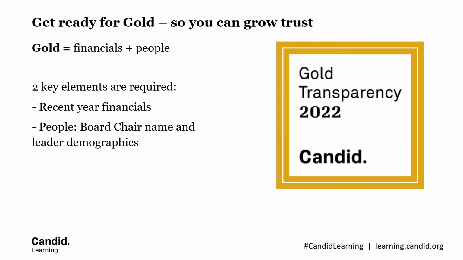So, people stuff. Information needed here for gold: Candid wants the names of your board members and senior staff. And gold is where you can also start sharing demographics of leadership, and demographic questions here pertain to race and ethnicity, gender identity, sexual orientation and disability status. The first 2, race and ethnicity and gender identity, people tend to feel more open about answering. The latter 2, understand, are a bit more private, but